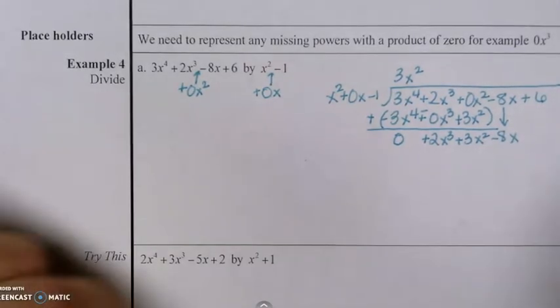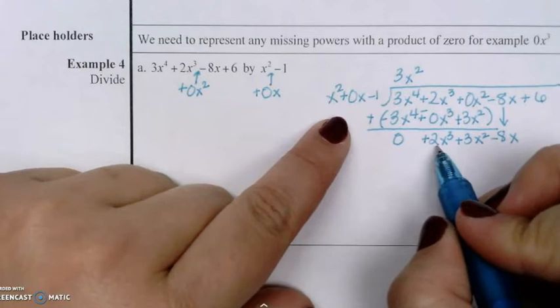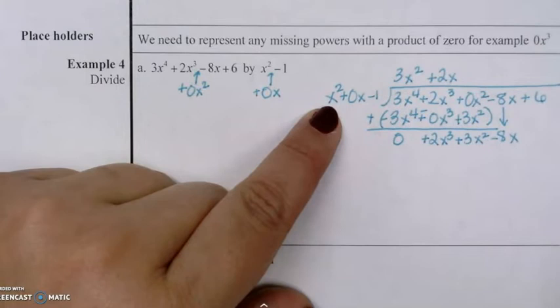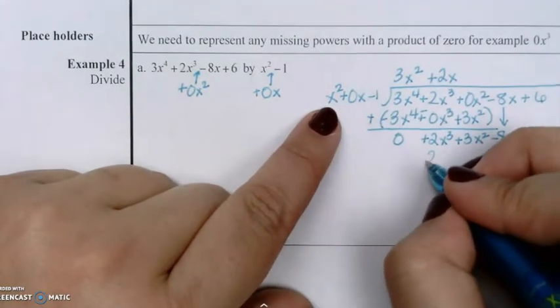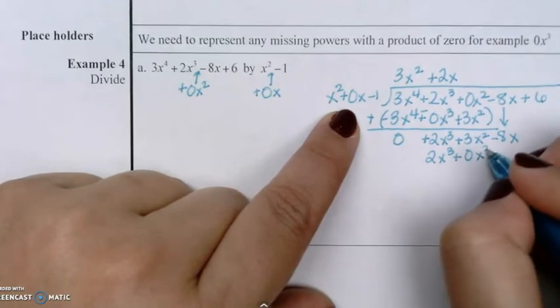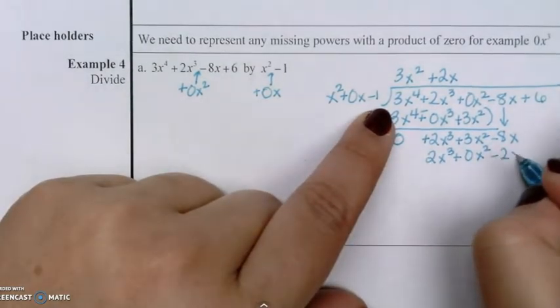And then we repeat. Identify, divide, x squared goes into 2x cubed plus 2x, multiply, 2x cubed, 2 times 0 is 0x squared, 2 times negative 1 minus 2x,